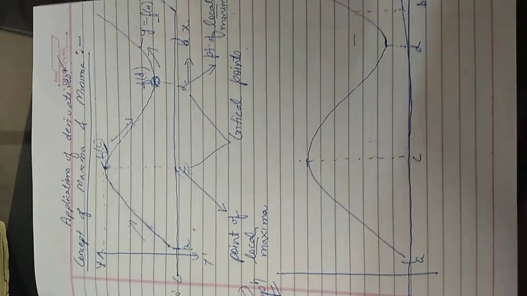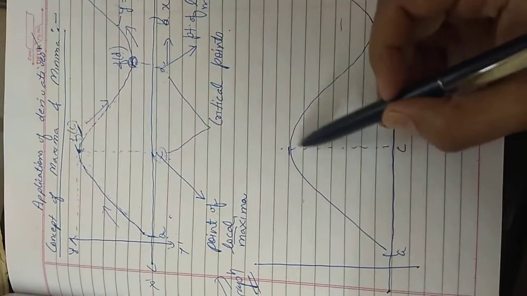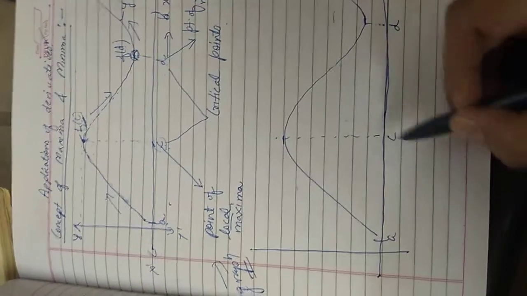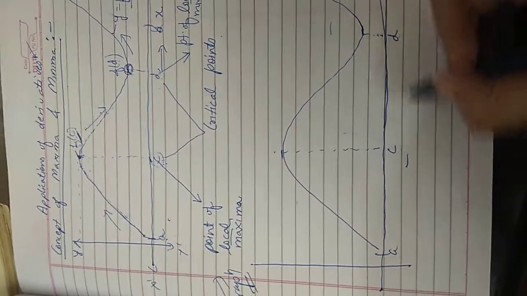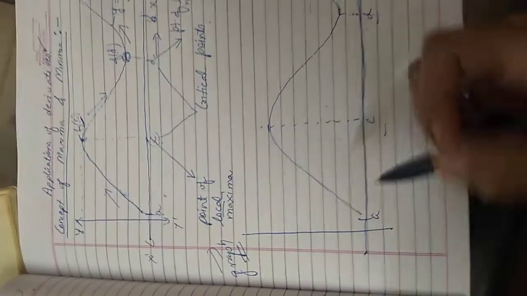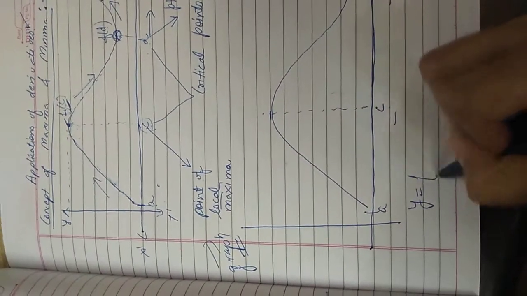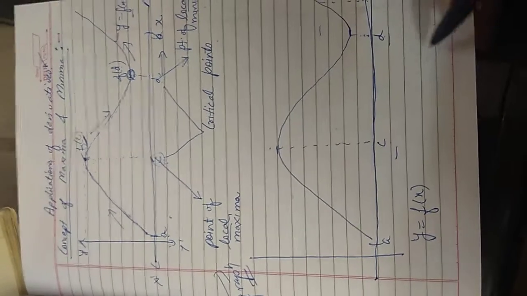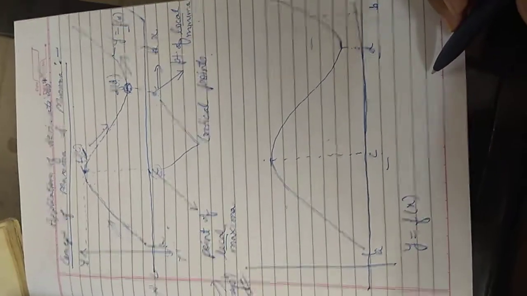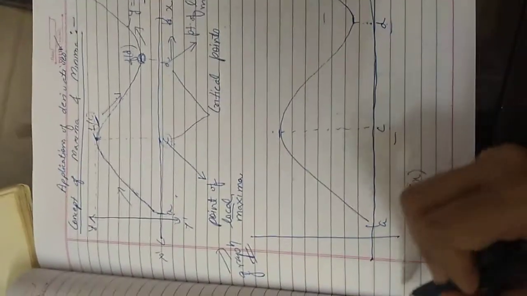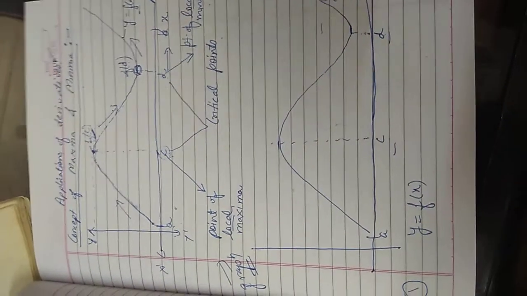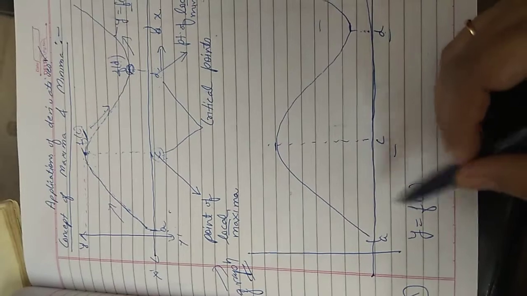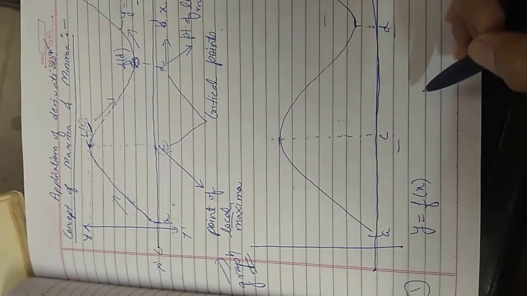Now how will we check with the help of derivatives which point is the point of local maxima and which is the point of local minima, and from where will we get these C and D points? First question: whatever function is given to us for which we have to find the local maxima and local minima, there are two different methods. First we are talking about the first derivative test, and what I am going to tell you is actually common in both the tests.